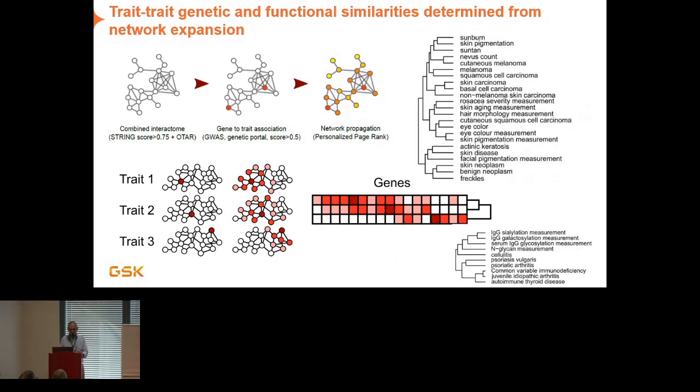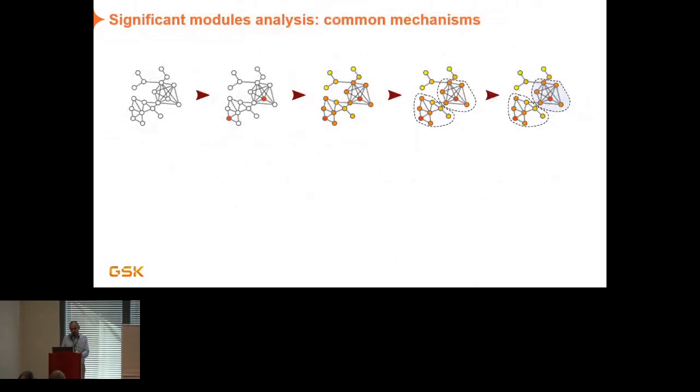Here are just two examples, skin diseases at the top and immune disease at the bottom. That could be quite important for us, for example, if we develop a drug for a certain disease, maybe we can look at doing some repositioning for a different disease. So that's one way we can use that kind of data, really understanding the similarities.